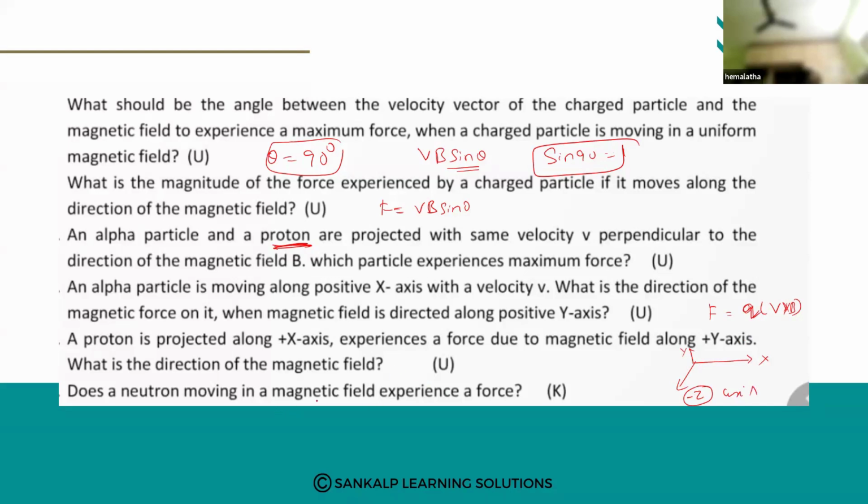Same thing. We have put neutron now, and the same question has come. So the negative z-axis: the x-axis is positive, the y-axis is also positive, but the force is along the negative z-axis. That you have to understand. Next one is